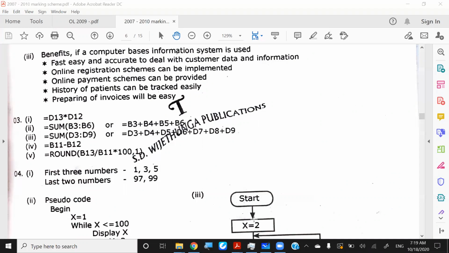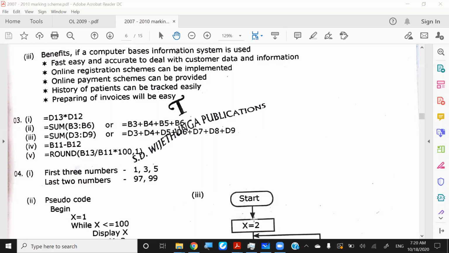And the total monthly income in the B11 cell, that's an easy one, right? For B11, you can use the sum function if you want: equal sum B3 colon B6, because the B column contains the income figures, or else you can just write the formula. Yes, Himanadi, equal D12 into D13, that is correct. For the second answer, you can go with the sum function, or the general formula, equals B3 plus B4 plus B5 plus B6, where all the cells are added.